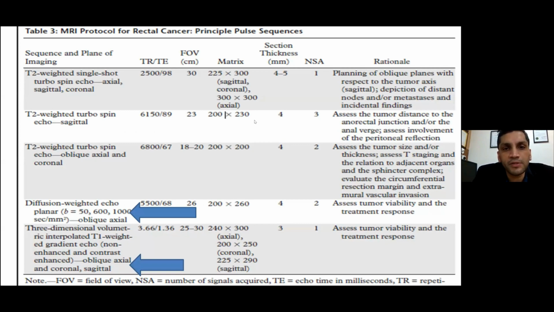So there are multiple sequences. The most important sequence that we should be doing is a high spatial resolution T2 weighted sequence. I would not go into the radiological details of it, but it should be axial, coronal, and sagittal images. However, if I would have to stress, diffusion weighted imaging is something that should always be done, both prior to treatment and post treatment, because there would be patients for assessment of whom this would come in very handy. And definitely post contrast T1 3D images are very important because you can actually get thin sections in these, and in terms of other parameters which I will come on to soon,